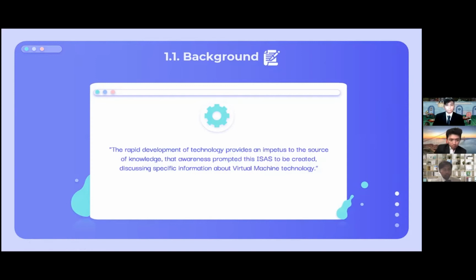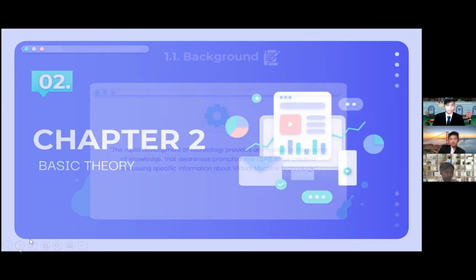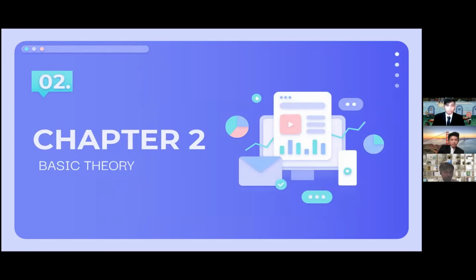The development of software itself has a huge impact on everyday life around us. So we need virtual machines when you want to test your operating system in terms of aesthetics, usability, and functionality. And then for chapter 2, I would like to present the basic theory.